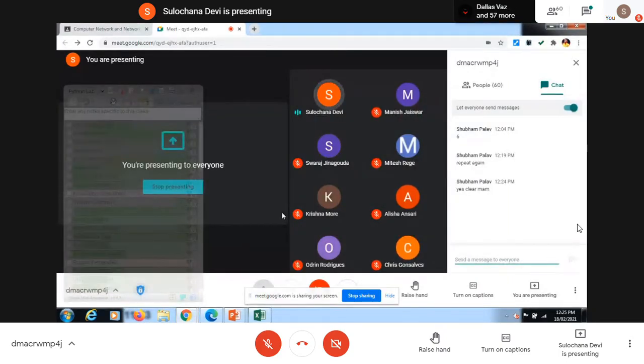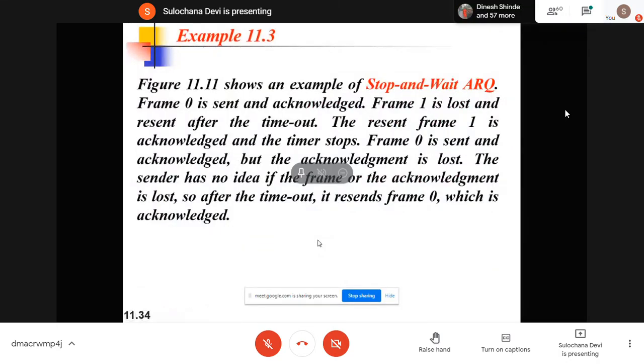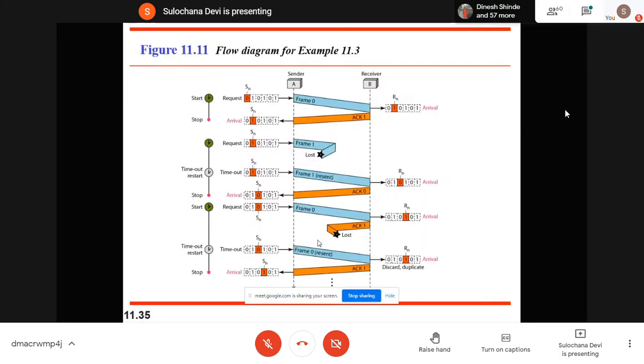Yes, is it clear? Okay, now here you see an example. Initially SN is set to 0, RN is set to 0. Now you transmit that frame, putting this sequence number, frame 0, and transmit it. Here, the receiver compares the value of RN, which is set to 0, with the sequence number of the frame. Is it the same? Yes, then that frame is accepted.